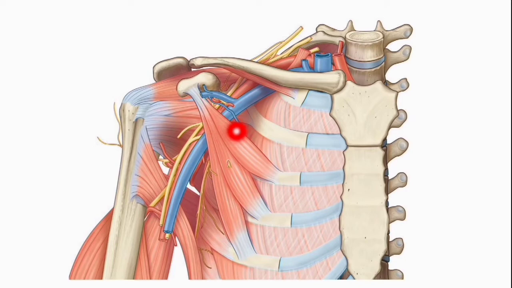Pectoralis minor is called the key muscle of the pectoral region as it crosses the axillary artery and divides it into 3 parts: before the muscle, behind the muscle, and after the muscle. Coming to the nerve supply of the pectoralis minor, it is supplied by medial and lateral pectoral nerves. And actions: it draws the scapula forwards along with the serratus anterior, it depresses the shoulder point, and it also aids in forced inspiration.